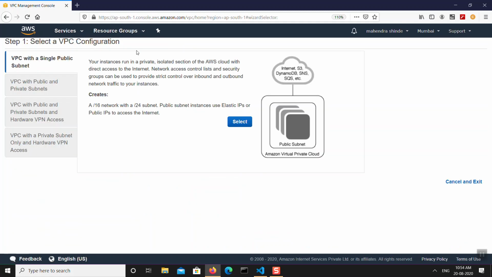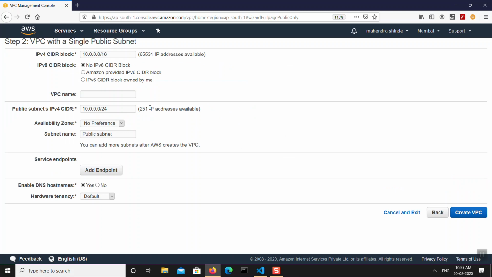Launch the VPC wizard. I'll be creating a new virtual private cloud, and I'll be creating a public subnet for that. You can provide whatever IP address range you need. For example, I can provide the IP address range 10.0.0.0/16. That will give me 65,000 IP addresses. The VPC name I want to give here is, let's say, ECS VPC. You can give whatever name you want, by the way.